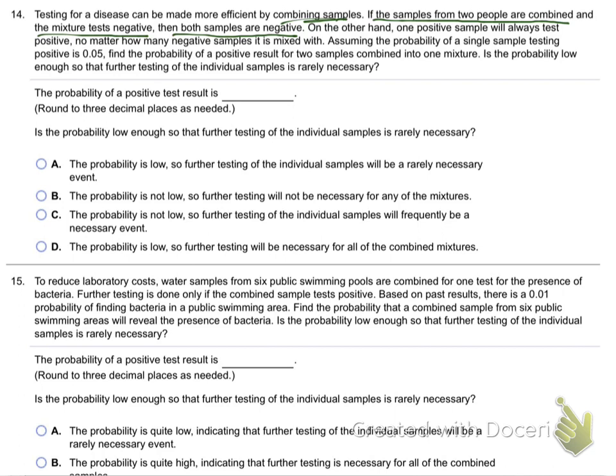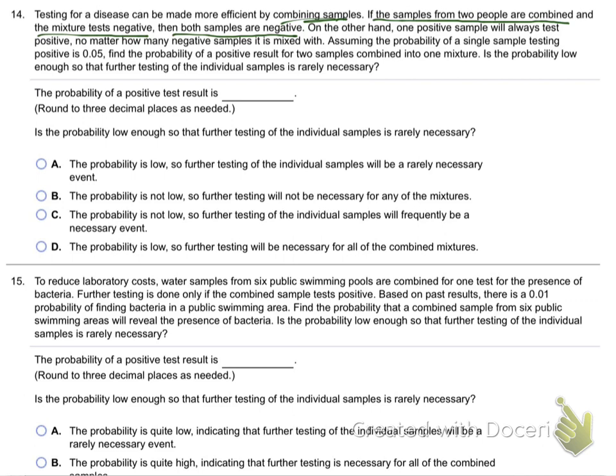Does that make sense? This is what they really do. They'll pour them in and they'll test, and if the whole batch is negative, that means everybody's negative. Nobody has the disease out of that group. If any one of them has the disease, then the batch will show up positive. Then they'll have to take the rest of their samples and test individually to find which one it is. But that's rare, and they can save time by just pooling them together. Negative, all 10 are good. Next 10, negative, those 10 are good. They can just crank through quicker that way.